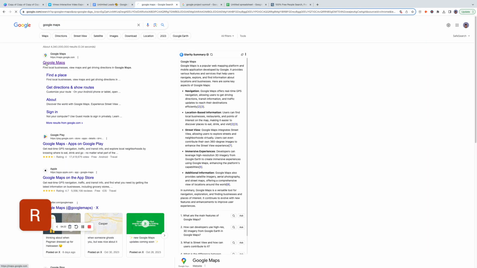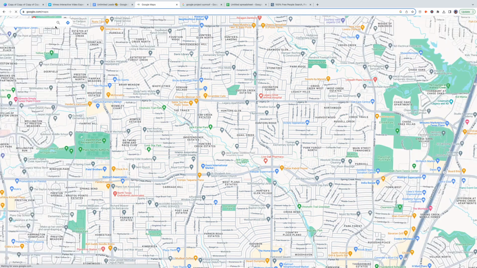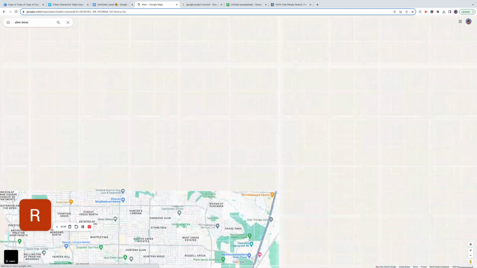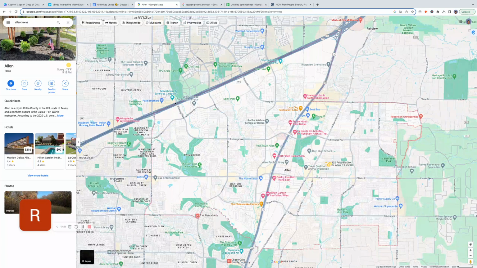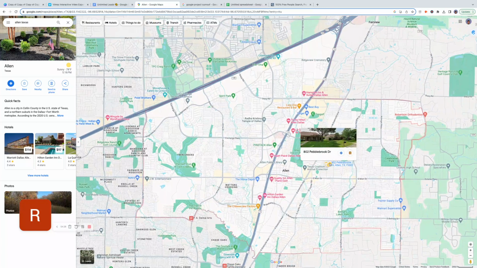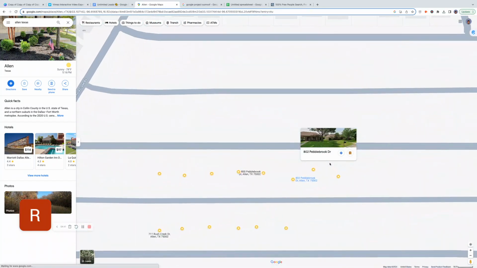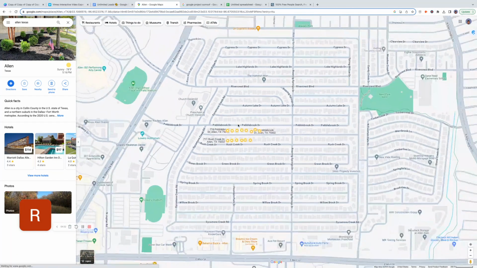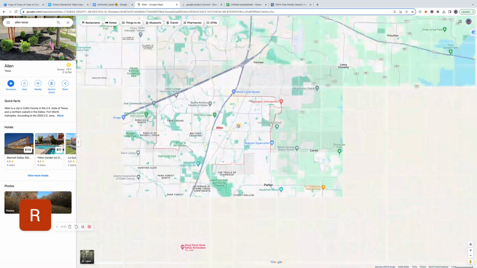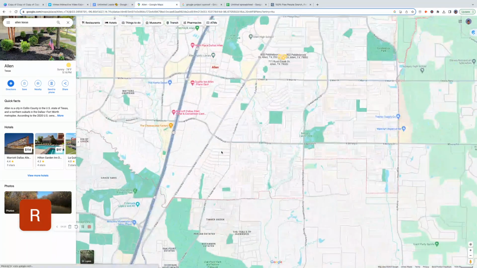So let's jump on over to Google Maps. I'm going to choose Allen, Texas. And here's some properties that I started earlier, right? So just like anything else, I came to find these ahead of time so that we could build this thing out a little bit easier. And same thing, once you type in a city name, ideally, if these weren't starred, you would just start to zoom in